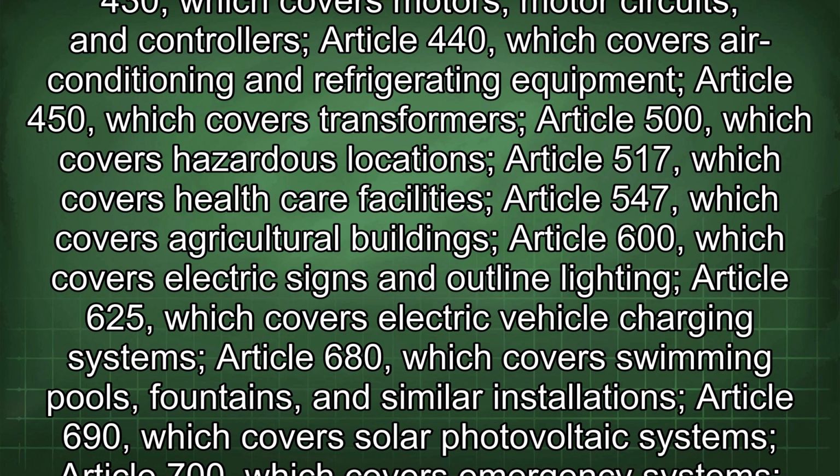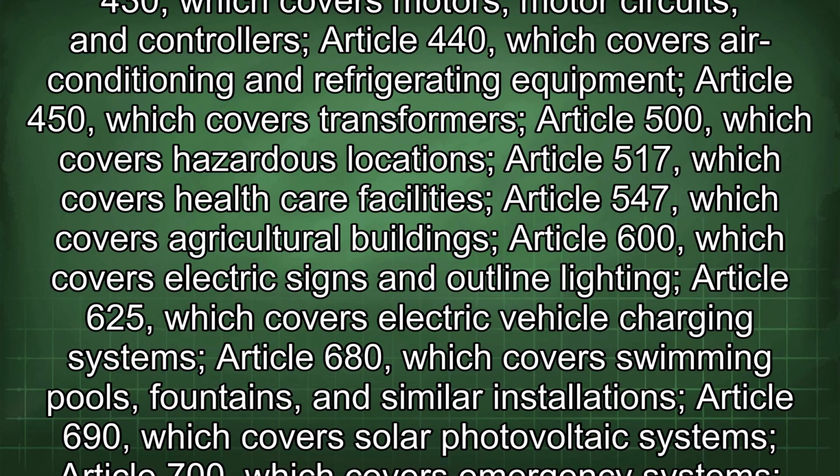which provides definitions of terms used in the code, Article 110, which outlines requirements for electrical installations, Article 210, which covers branch circuits, Article 215, which covers feeders, Article 220, which covers branch circuit, feeder, and service calculations, Article 230, which covers services, Article 250, which covers grounding and bonding, Article 300, which covers wiring methods, Article 310, which covers